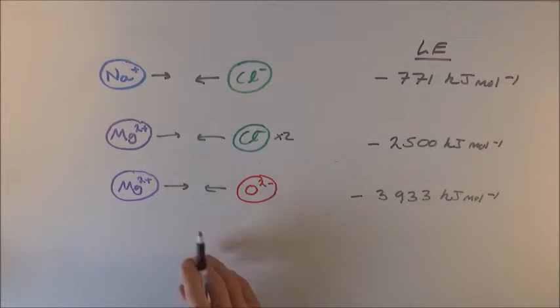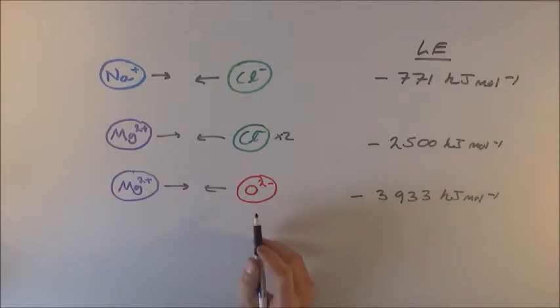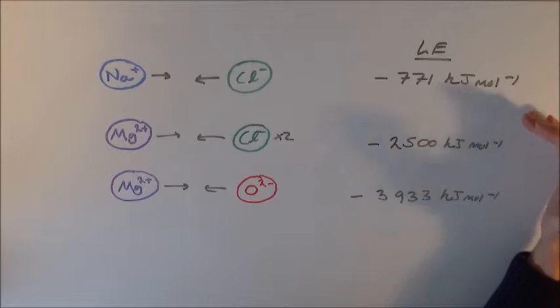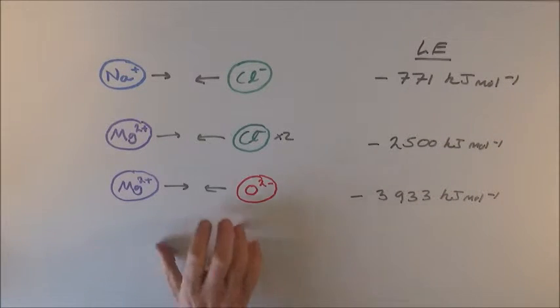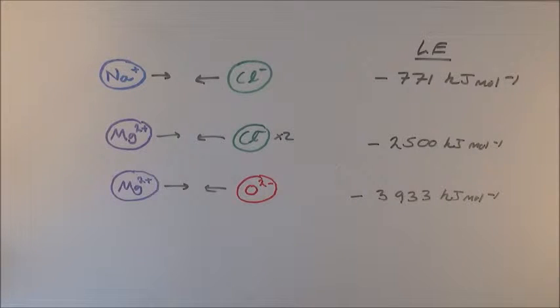And again, we've got 2 doubly charged ions, 2+ and 2-, so they're attracted together more strongly, so you get a bigger enthalpy. So the bigger the lattice enthalpy, the stronger the ionic lattice, the more energy that's released when the oppositely charged ions come together. Now it's not quite that simple, because